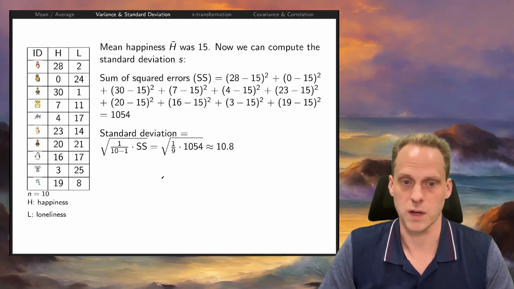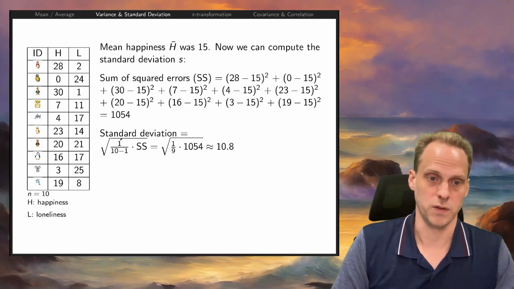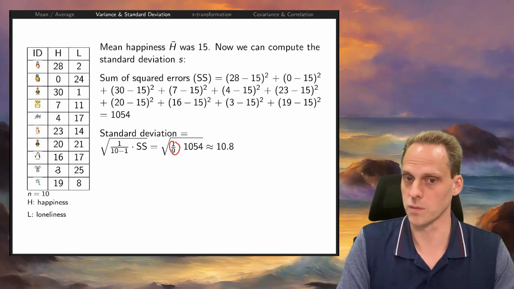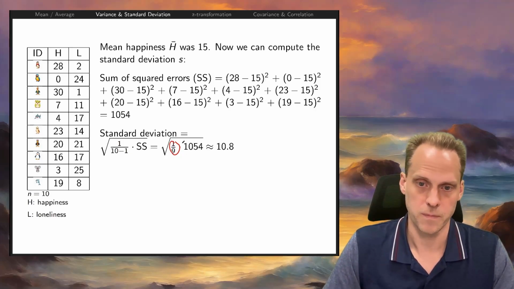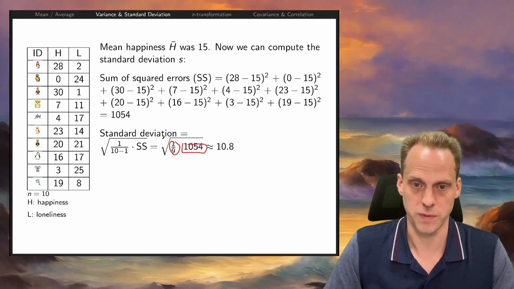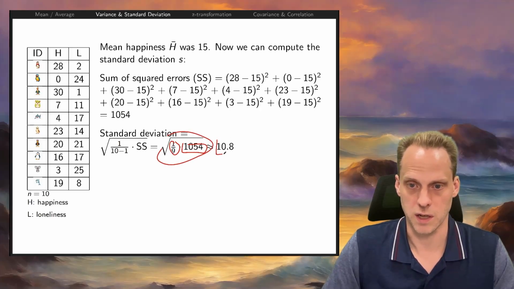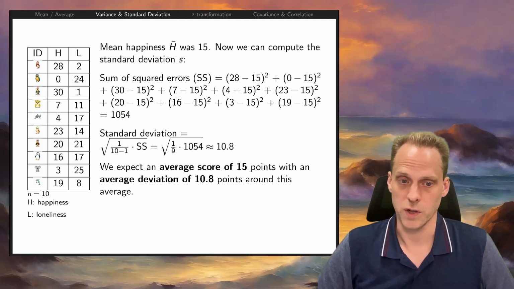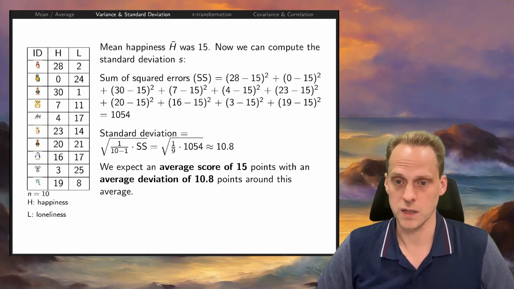Okay, then we calculate the standard deviation. So we have to do 1/9, right? Because we lost one piece of information basically including the mean, times this sum square and square root it. You get 10.8. So we expect an average score of 15 with an average deviation of 10.8 around this average,